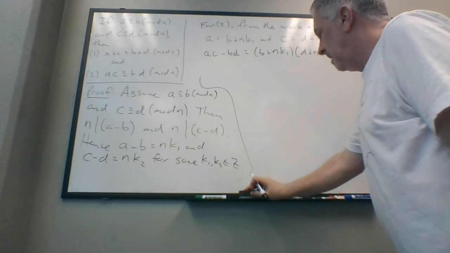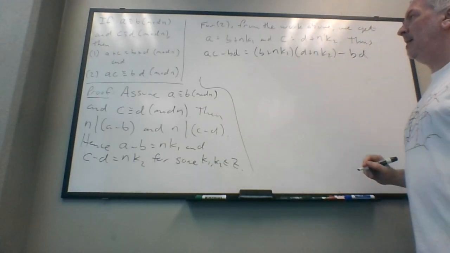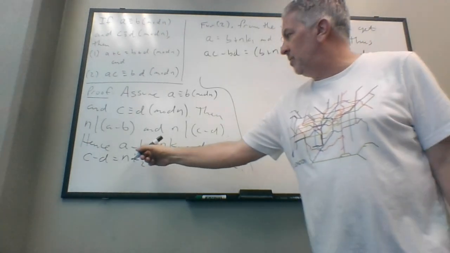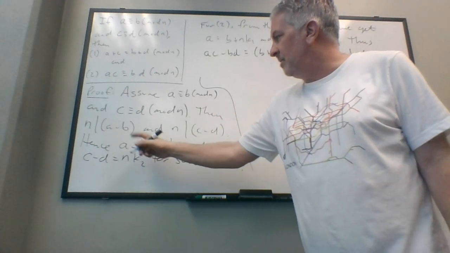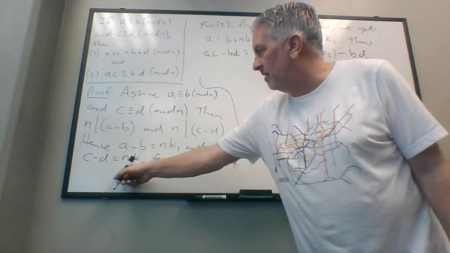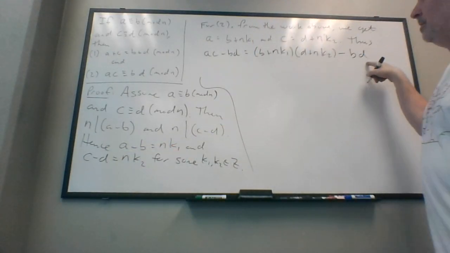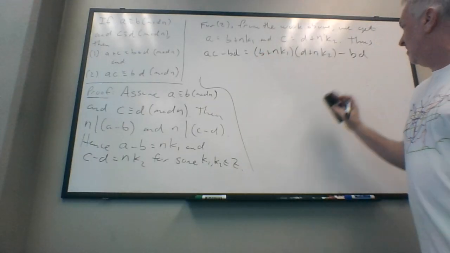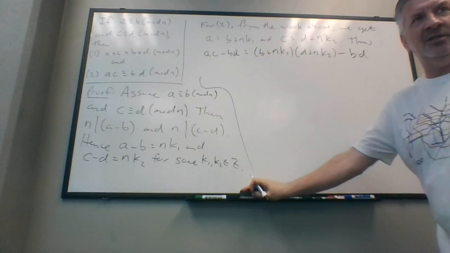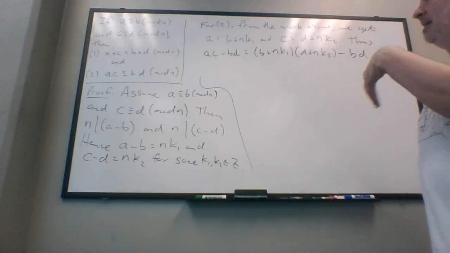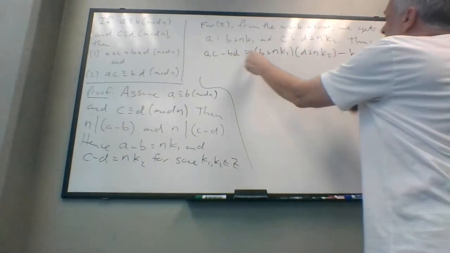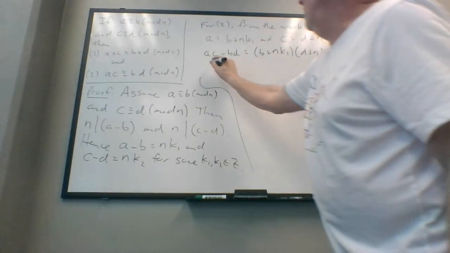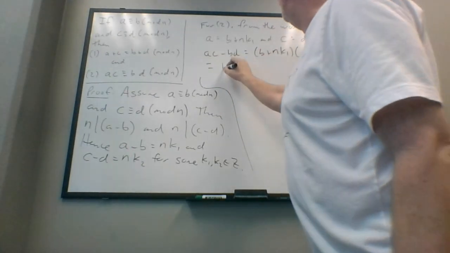Okay. Now, the way I'm doing this, again, the book is doing a different proof, you might be inclined to say, well, let's solve for B and D instead. I solved for A and C. What if we solve for B and D and put those in here? Well, what happens is everything drops out and you get AC minus BD is AC minus BD, and that doesn't get you anywhere. Again, my thinking was I had 4 variables here. Notice A and C are now gone. That's my thinking. So if I continue here, equals, if I follow this out, I get BD